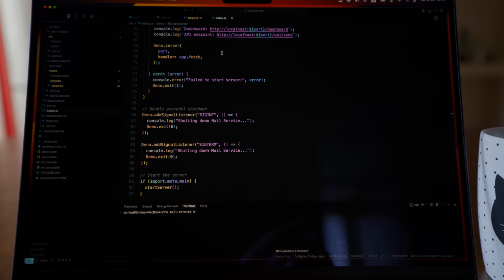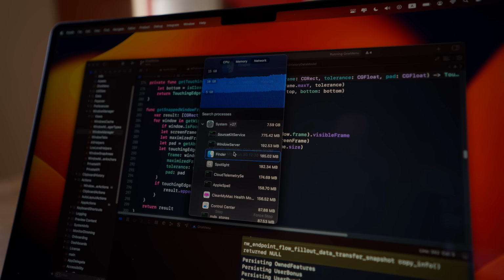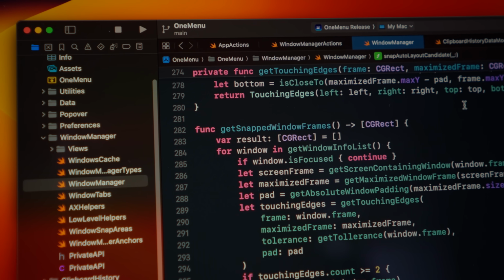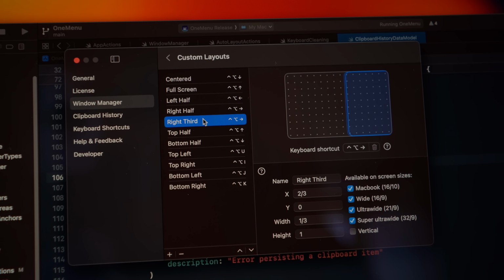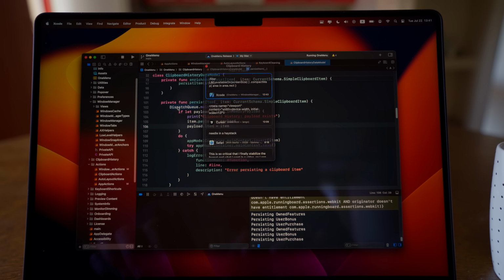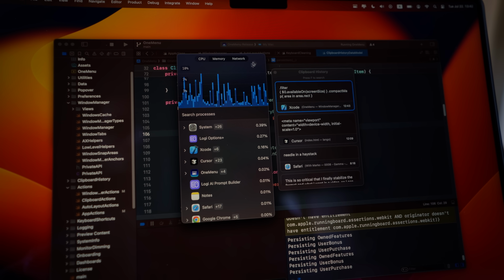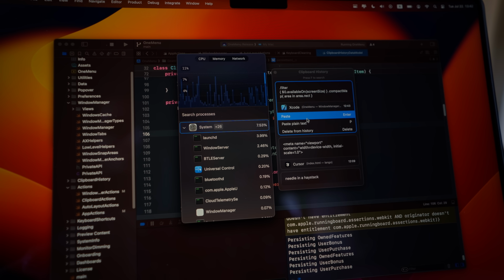I've been working on this app for years, and while it's been used by over 10,000 people daily, it's still not without its problems. Over the years, I've added some useful features, but because they've been spread out in time, they don't really share the same design language. For example, here's the clipboard history window, and it has some styling here and there with the borders and everything, but then there's also a system monitoring dashboard, which does use the same accent color, font sizes and such, but the borders are slightly different, and the items in the list look different as well. Anyhow, I would like to make this design more cohesive.